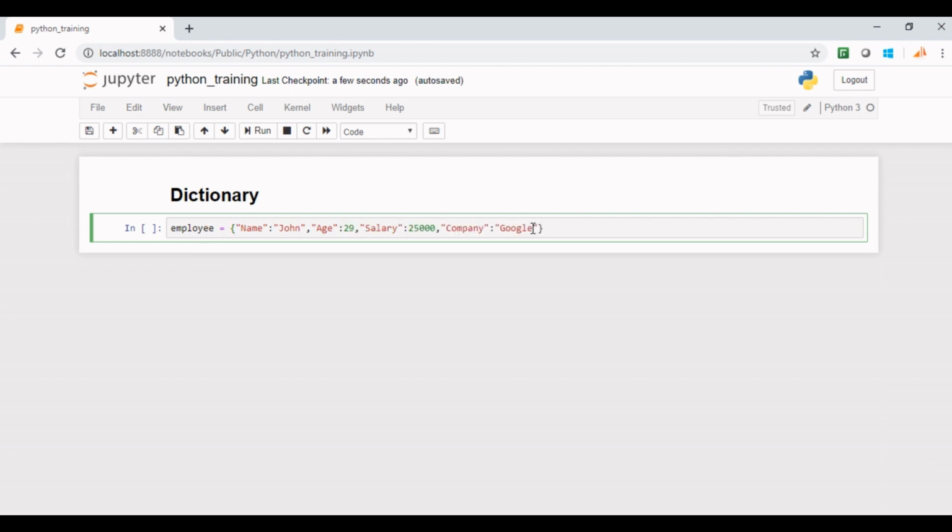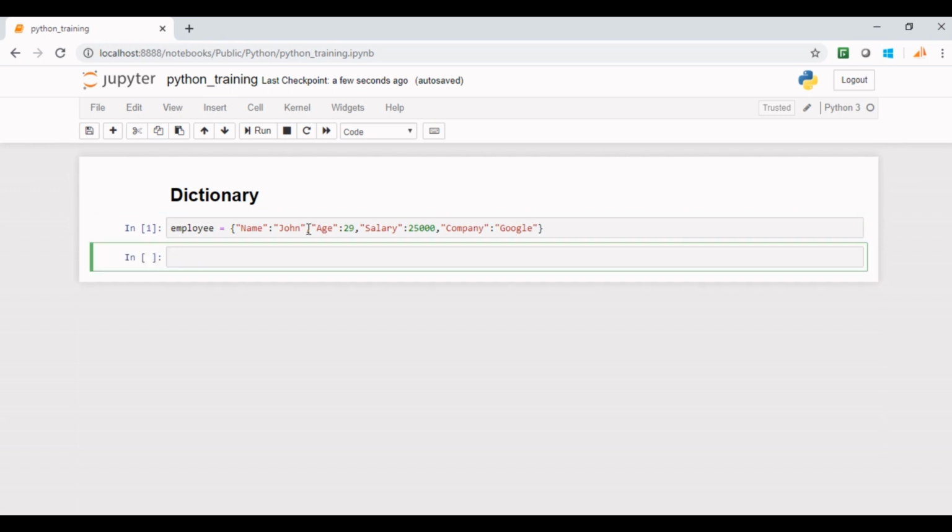From this variable declaration, you can say a dictionary in Python can be created using multiple key value pairs separated by a colon, and each key value pair is separated by a comma. And this collection of the key value pairs is enclosed within curly braces. Data type of a dictionary variable is Python dict.